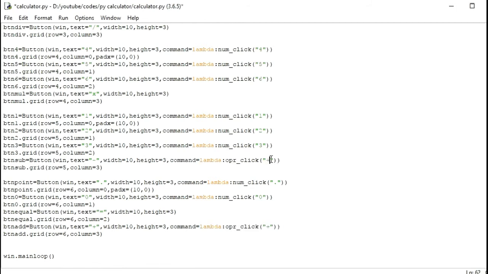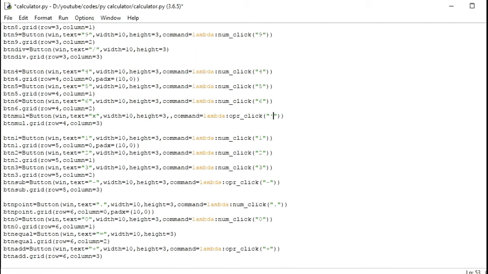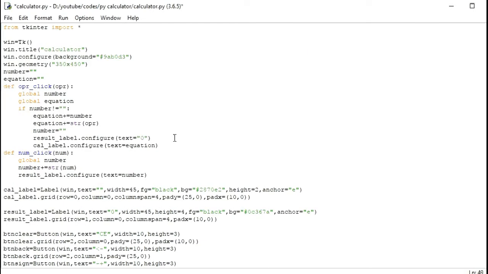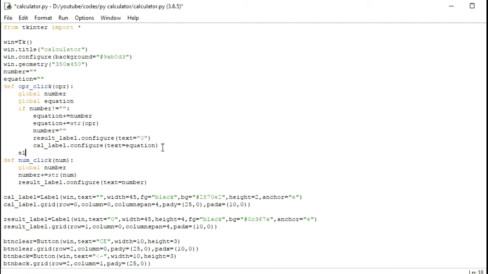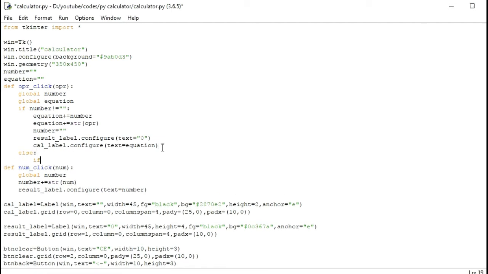And this is minus, and this is multiply. I think this is multiply, and here is division. Divide. This is how we can get this here, and now we have to make the else condition. Else here again we have to make, let's make else if,